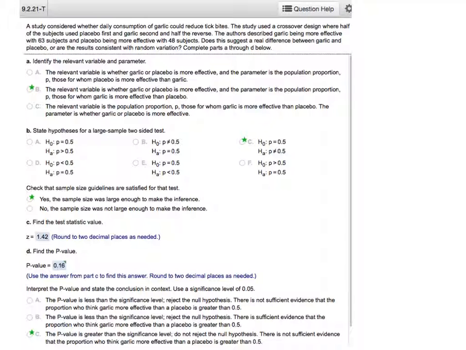And so you can imagine that the subjects are all given the treatments, and then they're asked a question: which treatment do they feel was more effective? So that gives us our P. From the problem, P will be the proportion. I could write, this pen's not working, so proportion,